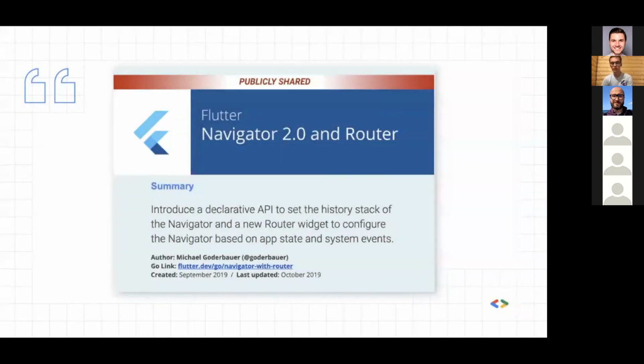If you want, you can see the design document on your own after the presentation. The link will be on the last slide. The document is available online. It's publicly shared and has a lot of insight on how Navigator 2.0 was designed. It's not one-to-one to what was implemented in Flutter. There are some changes, especially in the naming part. But the overall architecture is described in this document. So you don't have to go through the documentation from one property to the other to have a full overview of what is happening in Flutter.